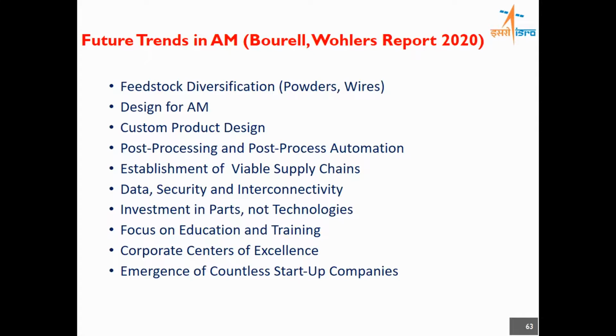So whenever we interact with a service provider, he says either you provide the wire or the powder, then we'll make the part. Or the other option is you provide the bar, we will try to develop the powder or draw down the wire and then try to do the part. So that is a time taking activity as of now. As we go further in future, there will be more and more materials available. Every year we see some 3 or 4 alloys are added to the databases. So we can see that more and more alloys are evolving for making through additive manufacturing.